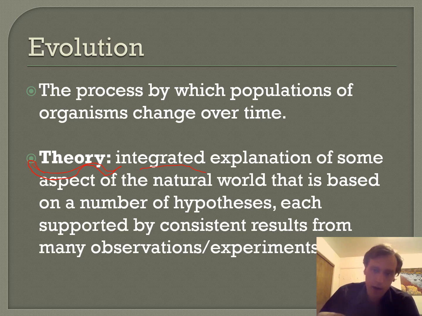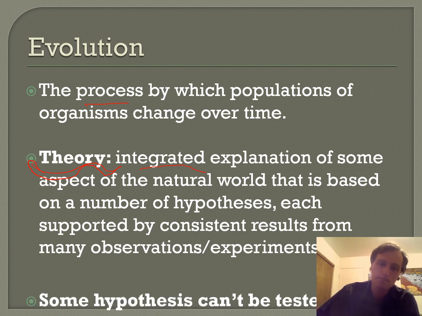A whole bunch of experiments that tested various types of change over time. For example, we're going to go into one example, and there have been so many experiments, and all together they support this theory of evolution, a process by which populations change over time. So we're now going to look at one such experiment. Well, it's not so much of an experiment because it was looking back in time. Again, the jury analogy is appropriate because a lot of what evolution is we didn't see it. Nobody was there to see it happen.